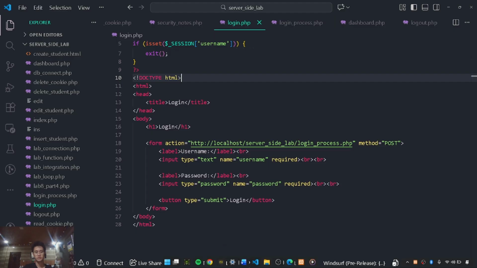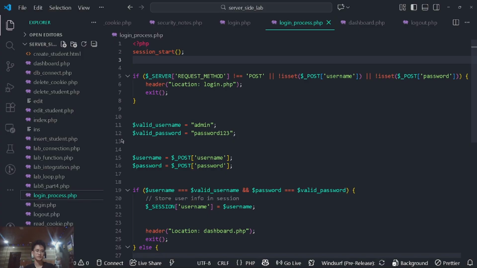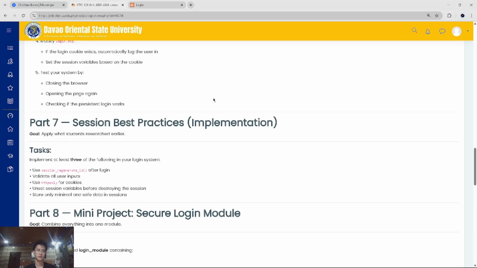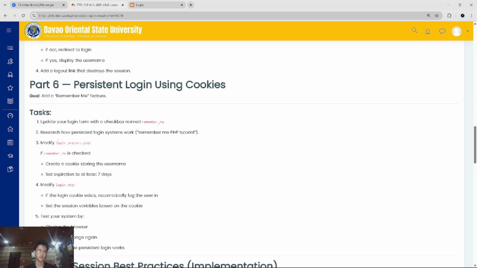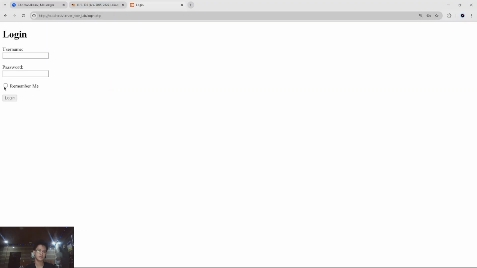So let's proceed to now in creating on the part 6. So in the part 6 naman, I modified the login process PHP and login the PHP and it checks remember me. So both of this file, they now have a remember me. So can you see here that kanina is wala ni sila yung remember me but now